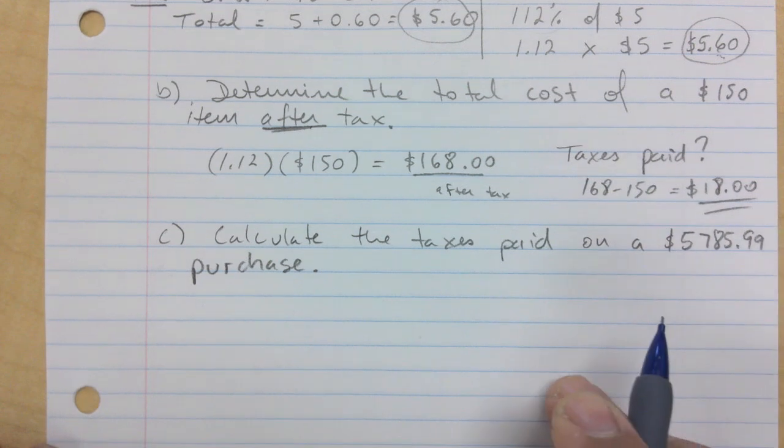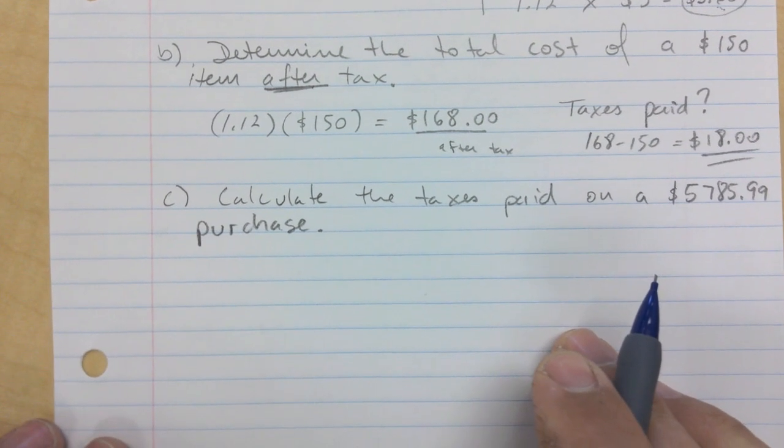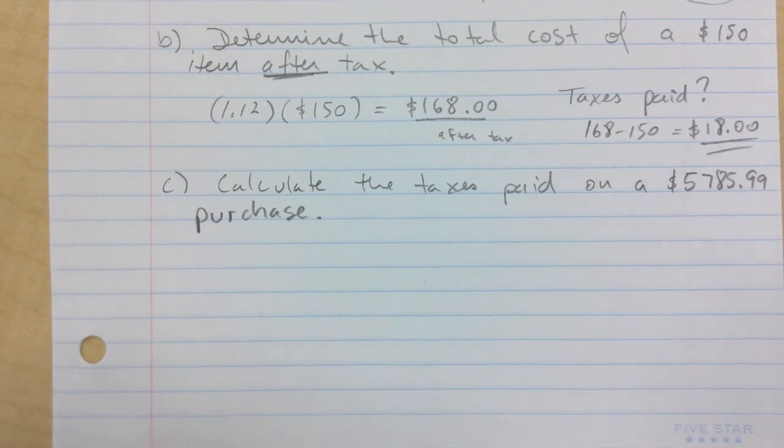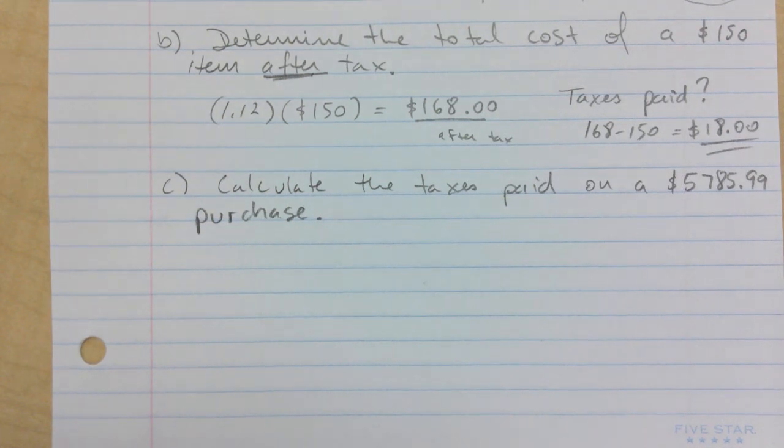So here it says calculate the taxes paid on a $5,785.99 purchase. All right, so we have